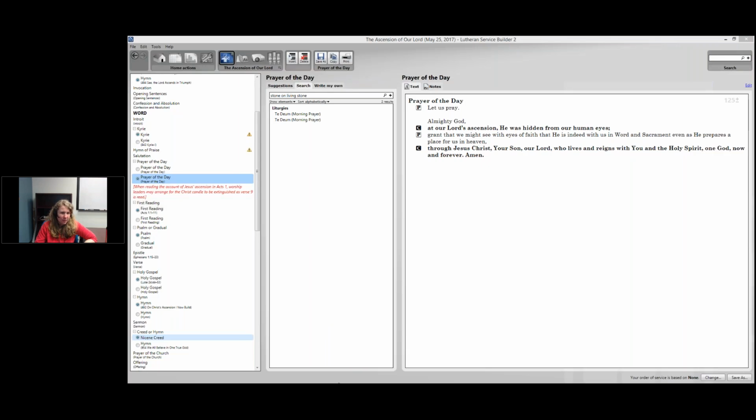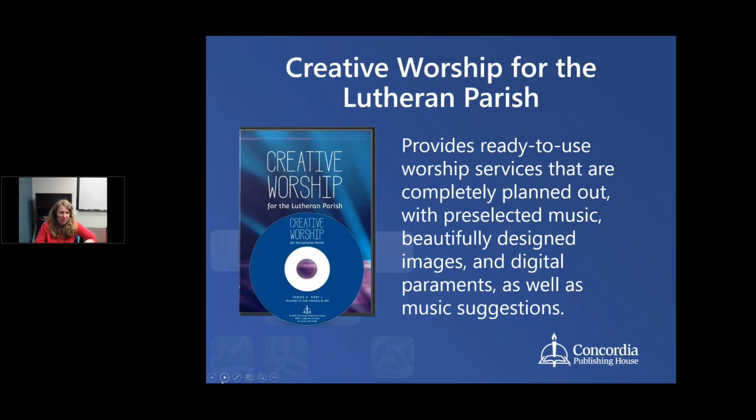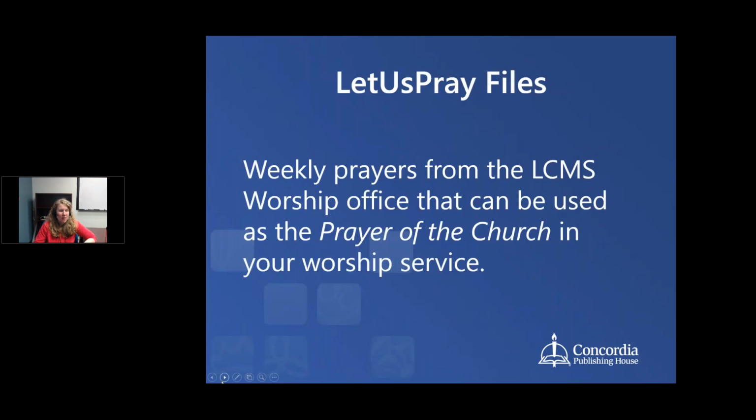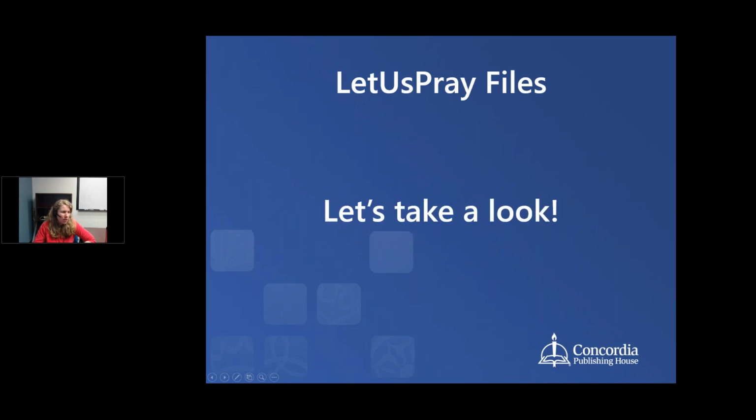Okay, let's get back on our slides here. The other thing are the LetUsPray files, and I alluded to this earlier when I was importing them in and copy and pasting from Word. These are weekly prayers that the worship office at the LCMS puts out to you for you to use in the prayer of the church in your worship service. I just want to show you quickly